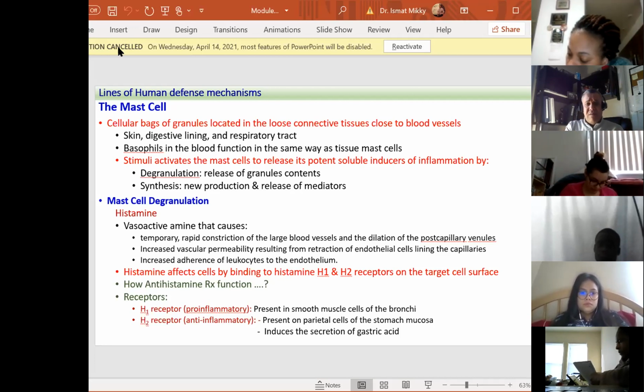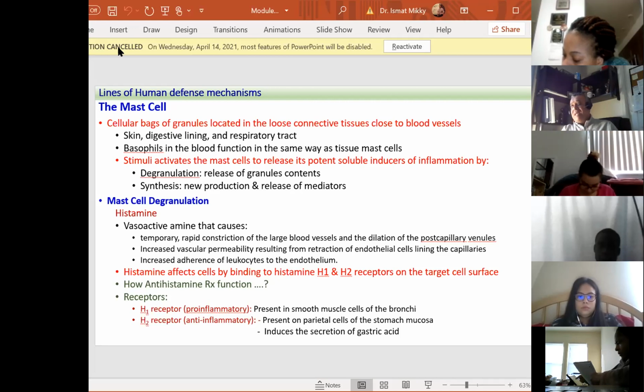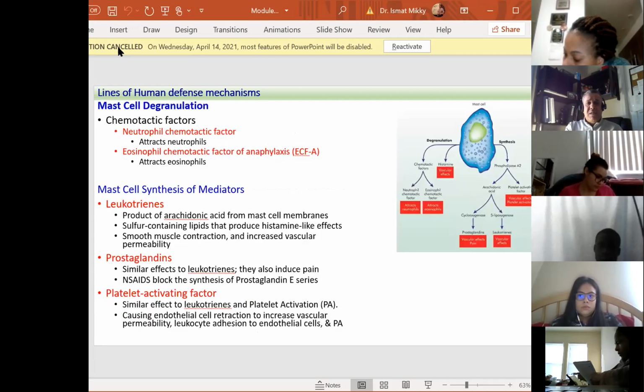So back to the inflammation and inflammatory response. The mast cell is going to release the histamine and the other chemical mediators by two different mechanisms. The mast cell will release it by what is called degranulation, which is in this slide. We have two arms, or two